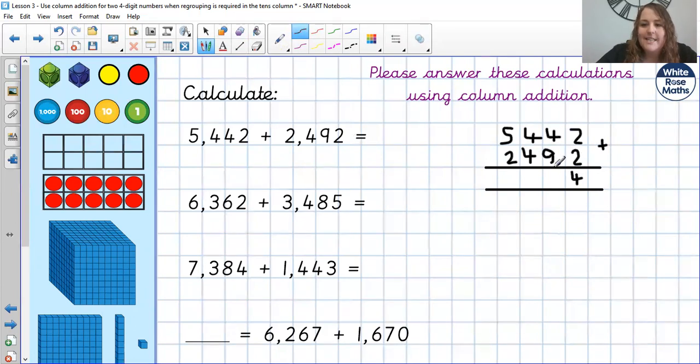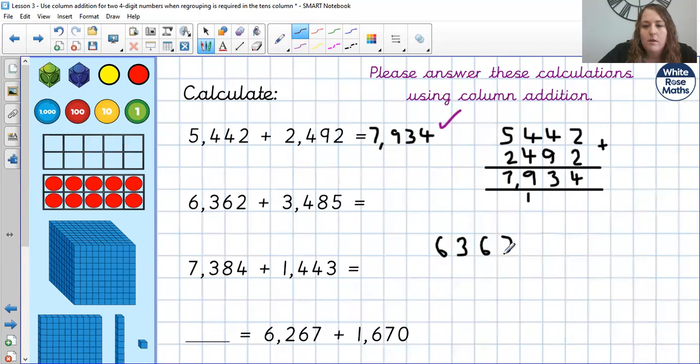4 add 9 is 13. So 3 in my tens, 100. 4 add 4 is 8. 1 more is 9. And 5 add 2 is 7. So your answer is 7,934. And if you got that one right, please give yourself a tick. Next one, we have